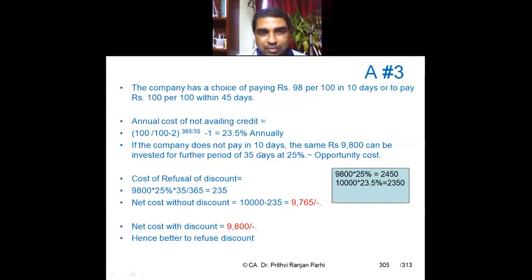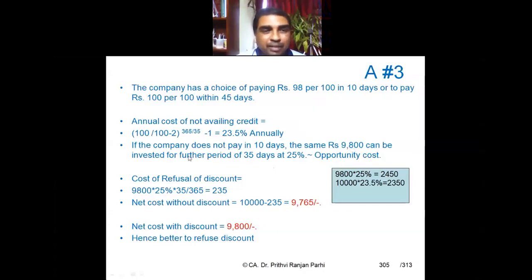Where did that 35 come from? 35 is the additional days, 45 days minus 10 days. Okay, it is the additional days the company is taking. If the company does not pay in 10 days, the same